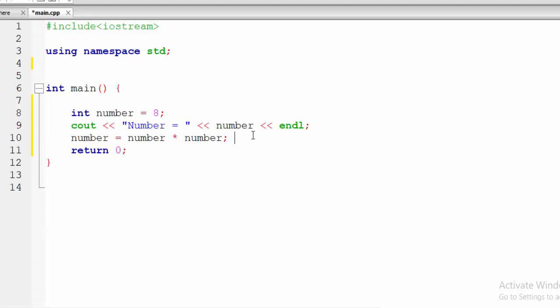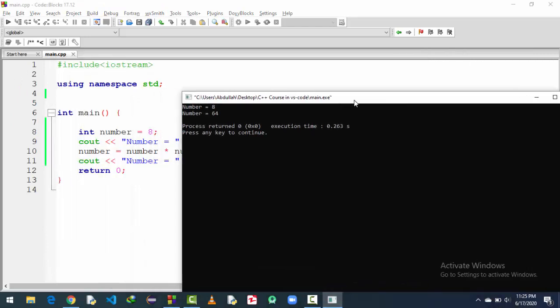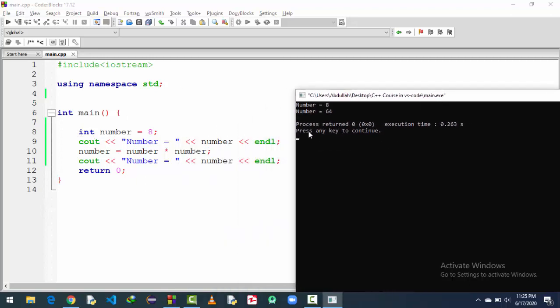If we print the value of number now, saying number is equal to, and print the number and endl, and we run this program, the output will be number is equal to 8, because first we assigned the value 8 to the number variable, and after that it becomes 64, which is the square of 8.